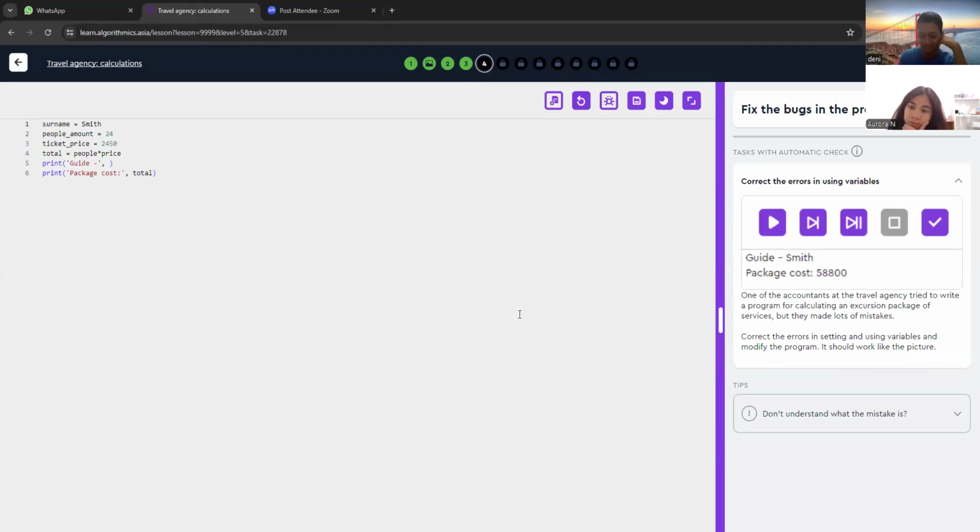You just print like this. Print guide. Right. And then you need to add Smith. But where does Smith come from? You need to analyze it. Where does Smith come from?